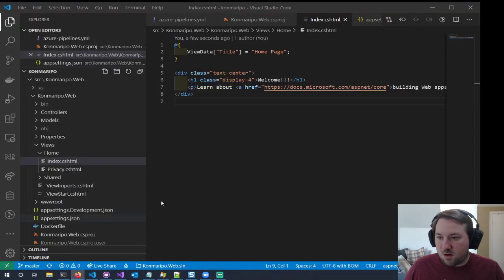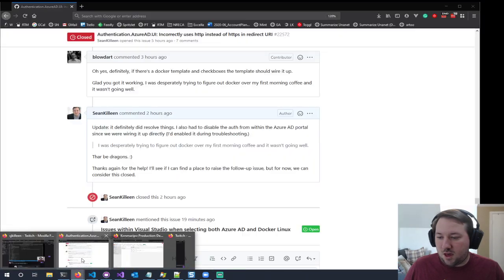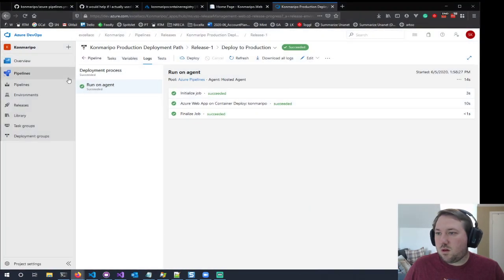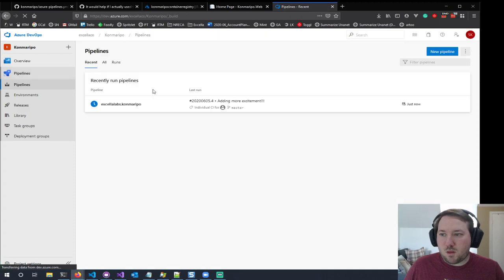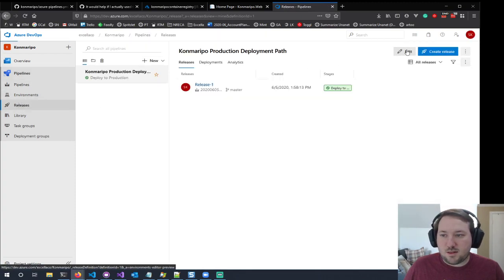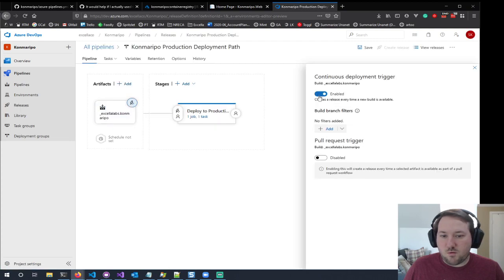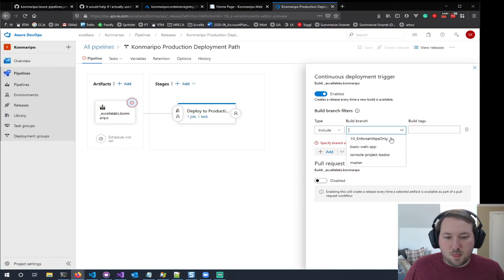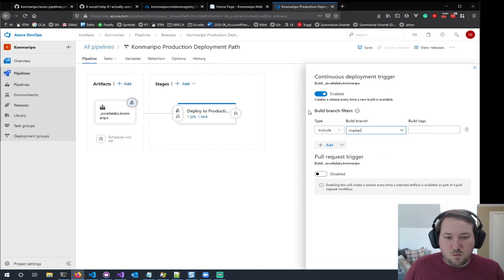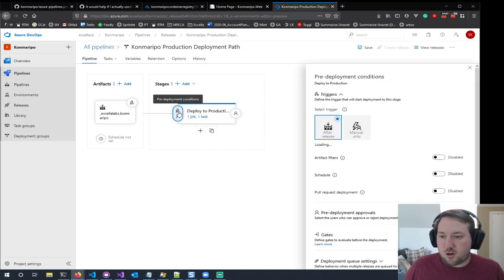All right, and now let's see our pipeline again. Oh, and while we're at it, I'm going to go ahead into our releases and edit that real quick and set up automatic releases. So no filters there. Oh, actually, we'll do a branch filter here. There we go. Okay, so we will add that there. We're not going to build pull requests, okay, which means I should be able to click over to here